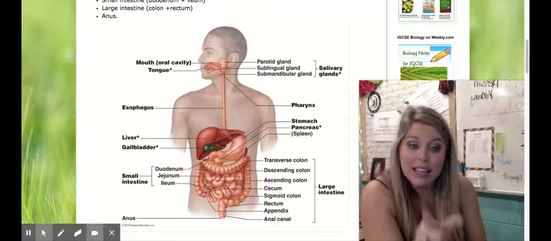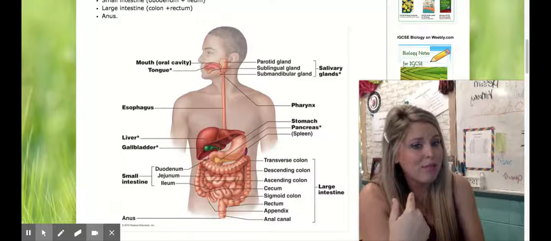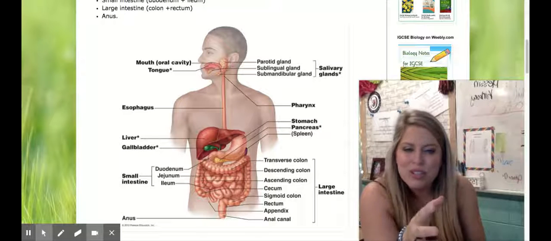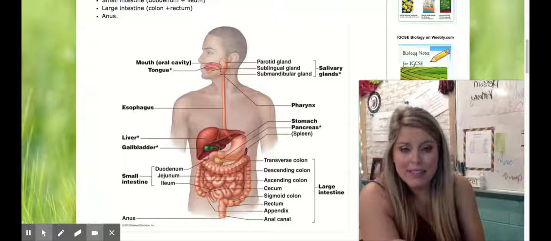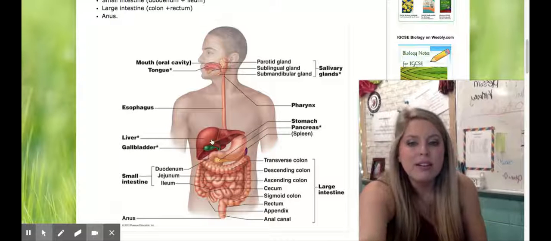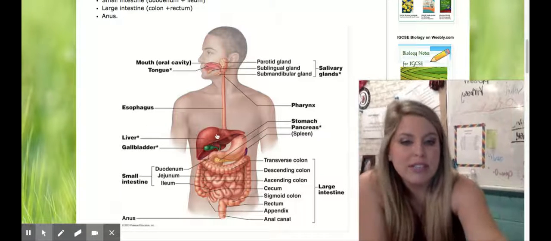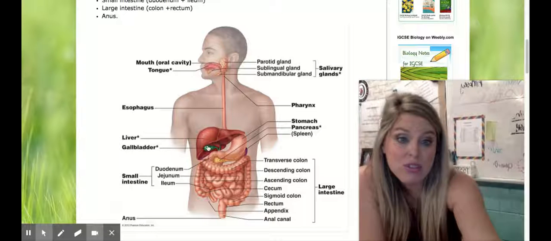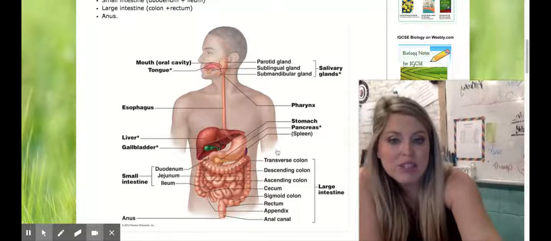So you can live without a gallbladder. This cool girl doesn't have one because it's just like a storage center. And some of you might not even have one, but you can live without a gallbladder. It is possible. So you have your liver that produces the bile, the gallbladder that can just store it, and it dumps out here into the small intestine.